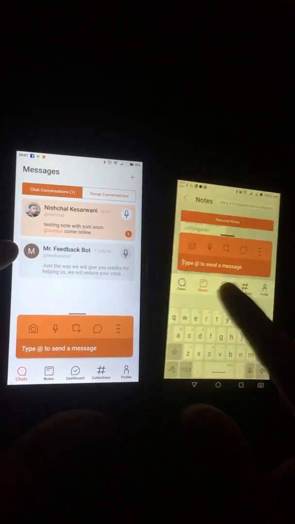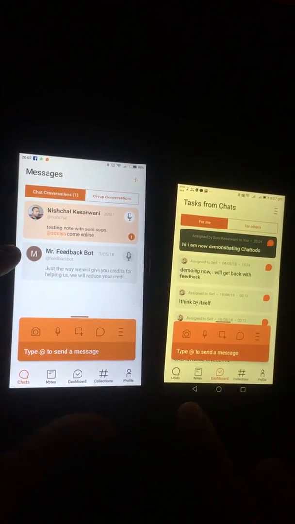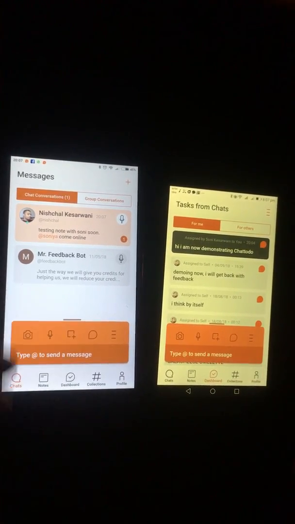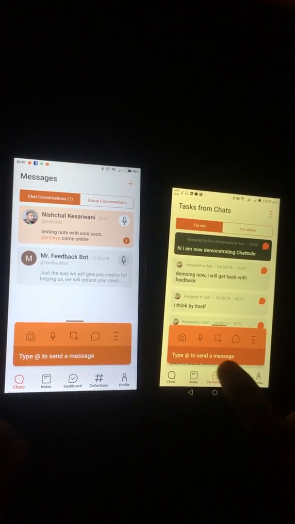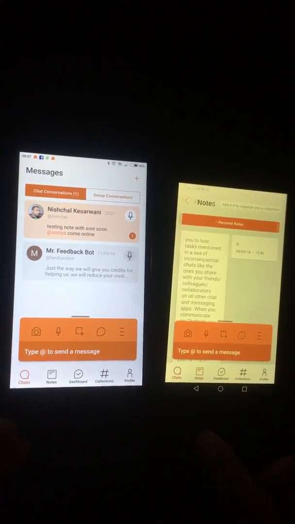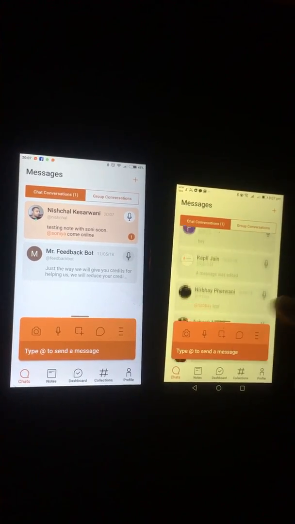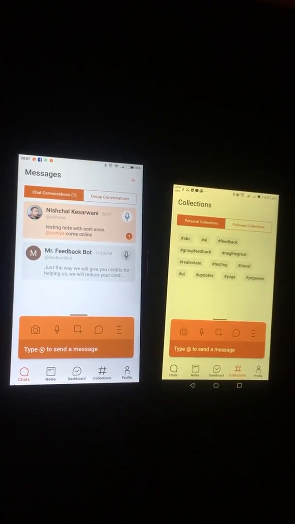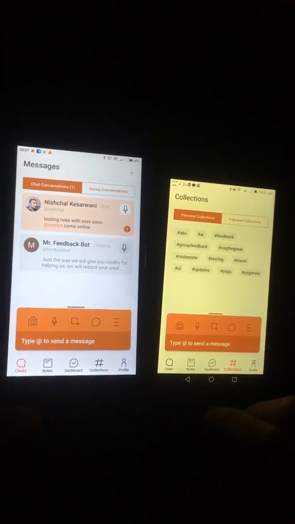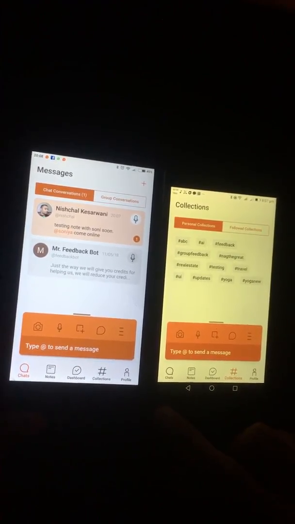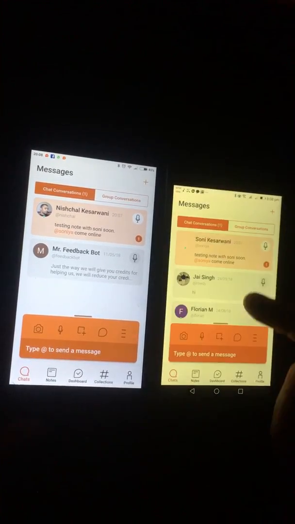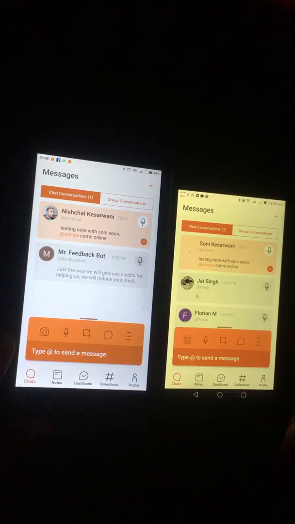What I'm trying to say is that even if I was on the dashboard, basically I can be anywhere on Chattodo and I can send a message to anybody just by putting @. So I don't even have to open the chat window. I could just be here, or I could be here. I could be anywhere and I can start typing and sending my first message to my coworker. And then when I need to get into the loop of conversation, I can go to the chat screen and have a conversation in the chat screen.